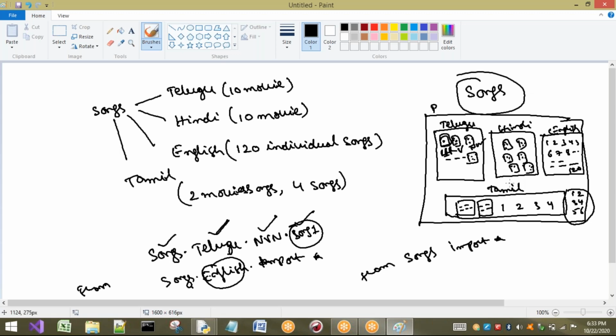Okay, once again I'm repeating. A package is an encapsulated mechanism for what? To group. I am grouping all these things. See here, this is songs, this is Telugu songs, Hindi songs, English songs, and Tamil songs grouped into one more folder. Why am I keeping only songs here? Because this is a folder which is related to songs. So I can say it is an encapsulated unit to group related modules into a single unit. This is called a package.